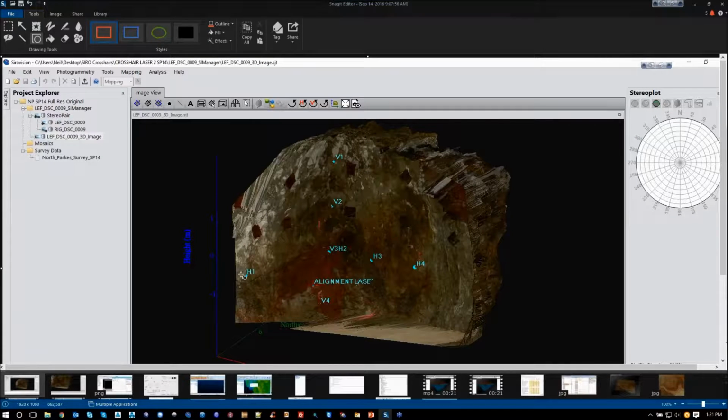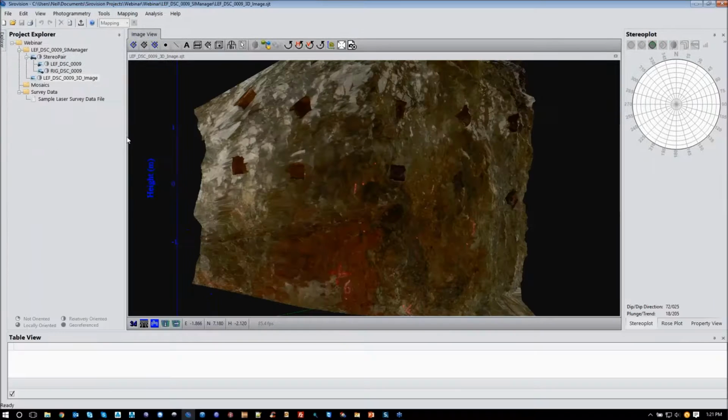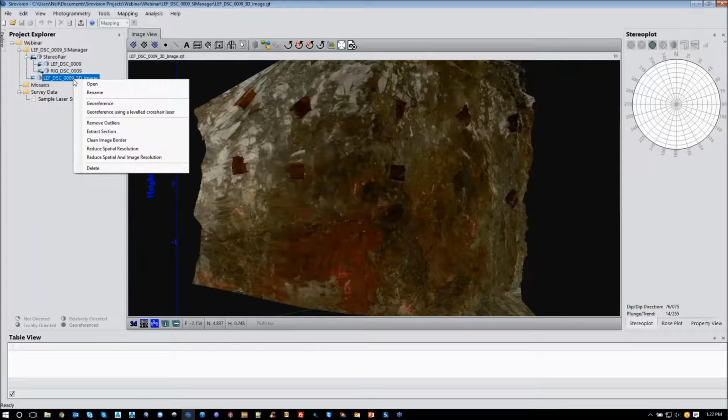So what we need to do is when we go back into the software, we need to define these points as the horizontal line and the vertical line. And that's going to be done very easily. So this time when we right-click on it, you're going to notice that because we are in an underground scenario